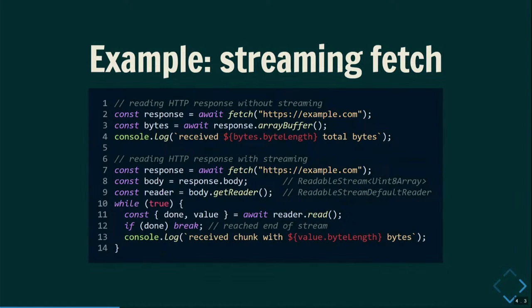If you want to do useful stuff while the response is being downloaded by the client, if you want to get into what is coming in from the network while it is being downloaded, you can use a stream. So instead of using arrayBuffer, you can use the body property to get a readable stream of your response. And again, you can loop over the chunks coming in, but now you get each chunk separately as it's coming off the network, which opens up a lot of interesting applications.